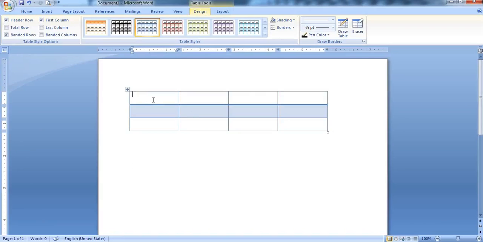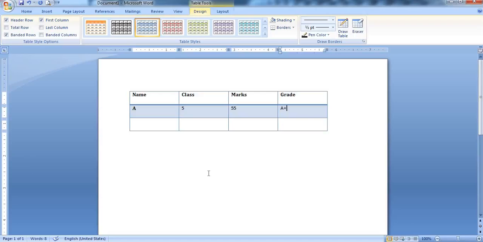Now you can insert the names as per your choice, like name, then class, then marks, then grade. And here you can insert the data like A, then class 5, then marks 55, grade A plus. Like this you can insert the values also.